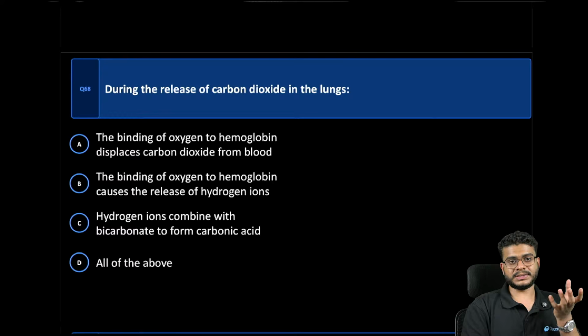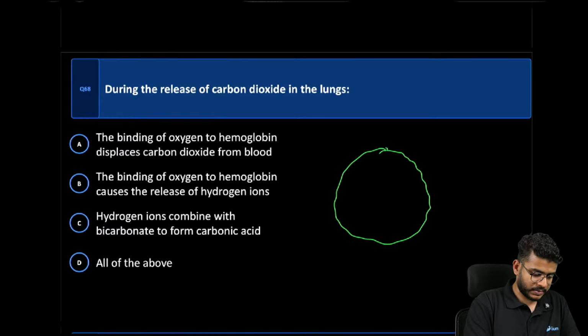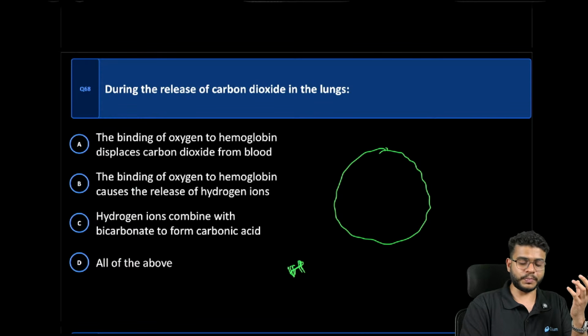Okay, so we discussed what happens at the tissues with carbon dioxide. Just the opposite happens at the lungs. In the RBC, the oxygen binding with the hemoglobin displaces the H plus ion as well as the carbon dioxide from the hemoglobin. Okay, that's what happens. So now there is free H plus inside the RBC, which the hemoglobin